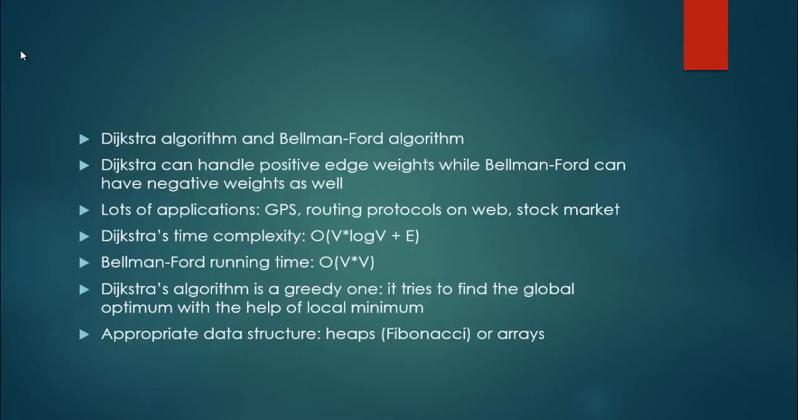Dijkstra's algorithm and Bellman-Ford algorithm are the two main techniques for finding shortest path in a graph, whether this graph is directed or undirected. Dijkstra's can handle positive edge weights, while Bellman-Ford can have negative weights as well. That's why Bellman-Ford is a bit slower, but we can do a lot more with it. For example, if we want to find arbitrage situations in the Forex stock market, we can construct an algorithm with the help of Bellman-Ford, and we can find these kinds of